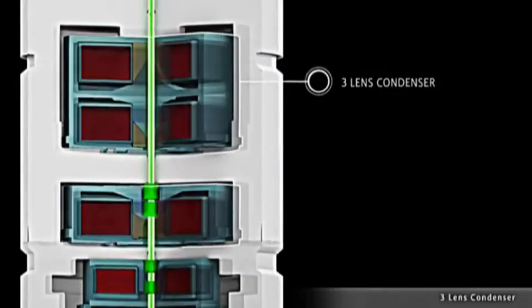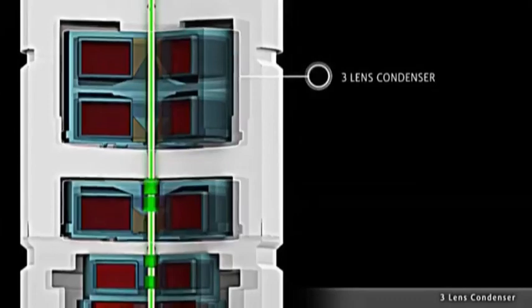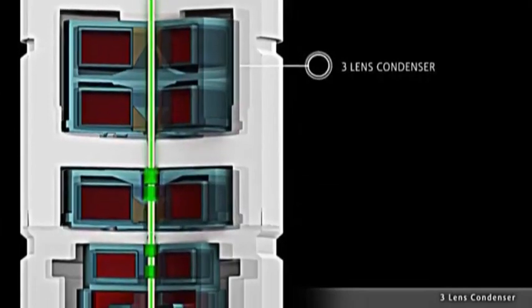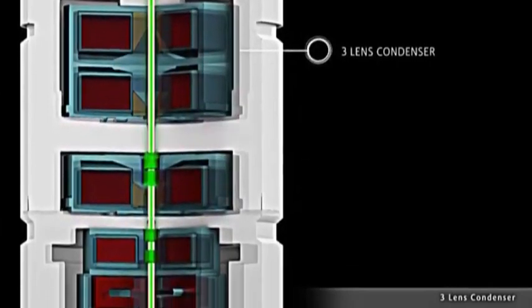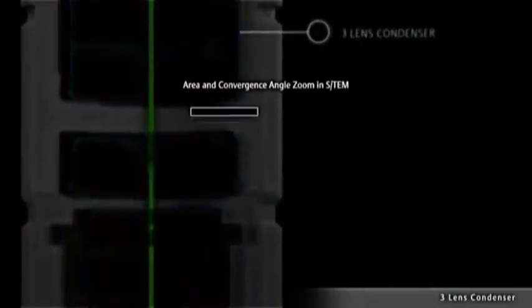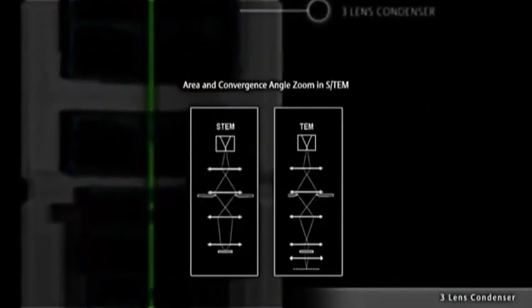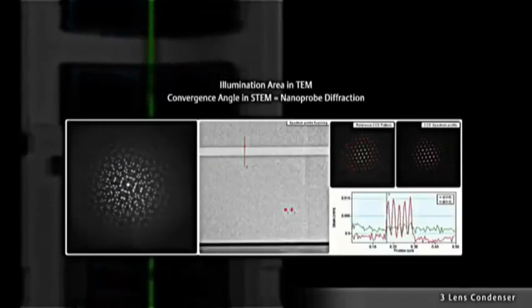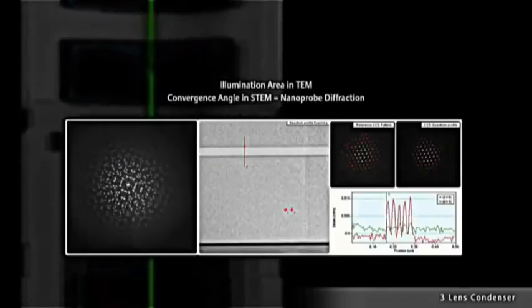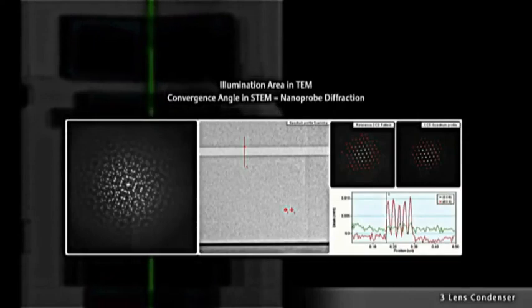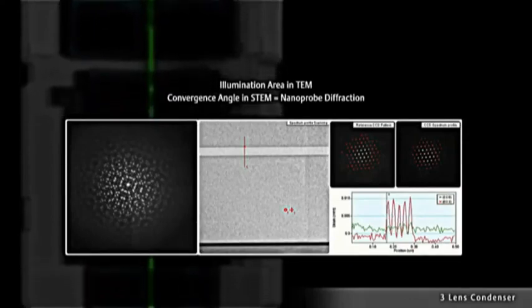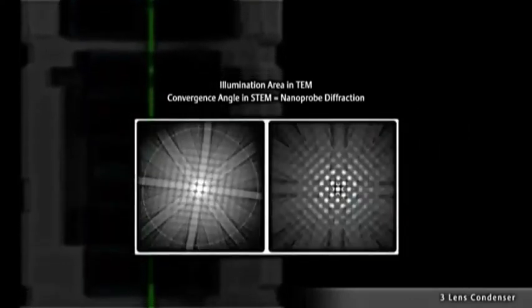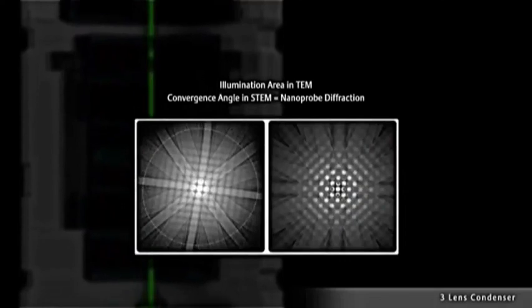The 3-lens condenser zoom system controlled by smart optics is optimized for a large range of parallel illumination in TEM mode from nanometers to micrometers. The range in convergence angles is extremely broad for focused probe mode applications, from ultra-small angles in nanobeam diffraction applications used in strain measurements to large convergence angles in CS-corrected HR STEM imaging or convergent beam electron diffraction applications